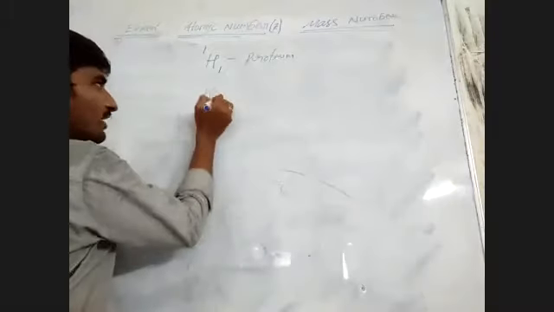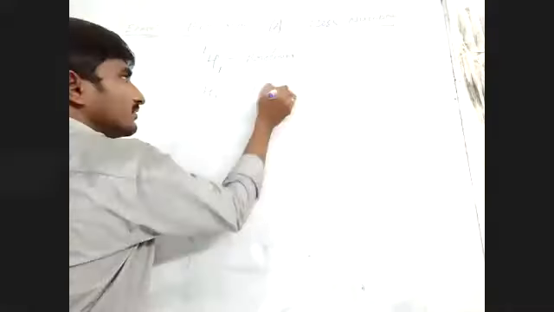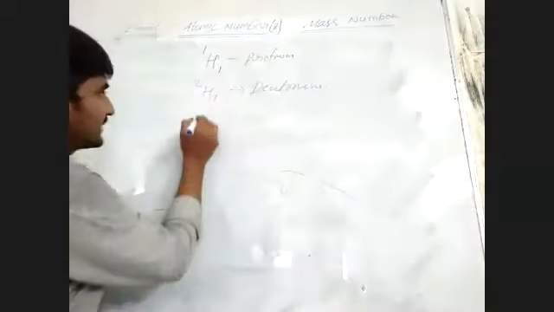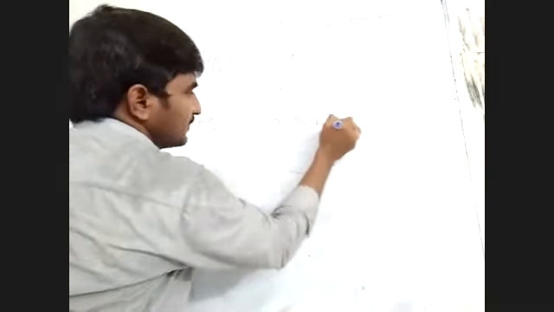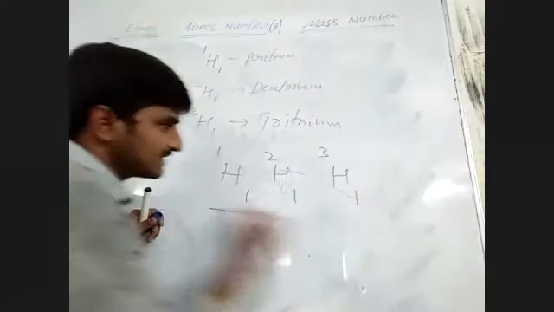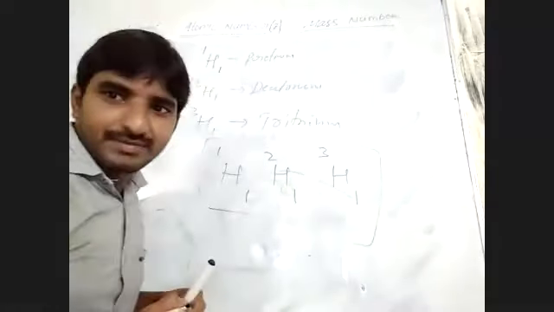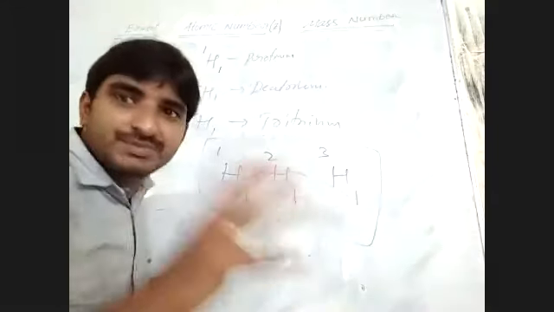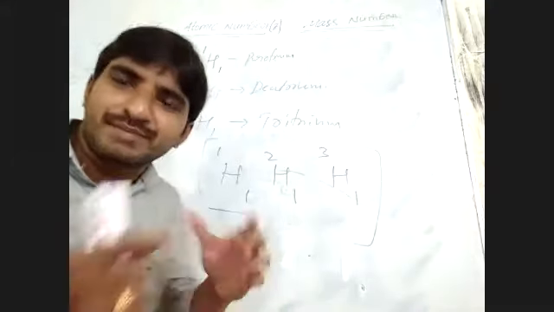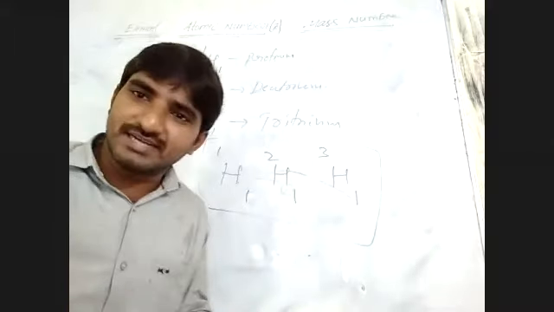Next, hydrogen 1, 2 is called deuterium. Protium, deuterium. Next, hydrogen 1, 3, this is called tritium. So what happens? See, hydrogen 1, hydrogen 1, 2, hydrogen 1, 3. These 3 will exist in the environment, please understand, but for these 2 the lifespan is very less. What is lifespan? Whenever we observe, they disappear. Are you understanding? They are not there in the environment.